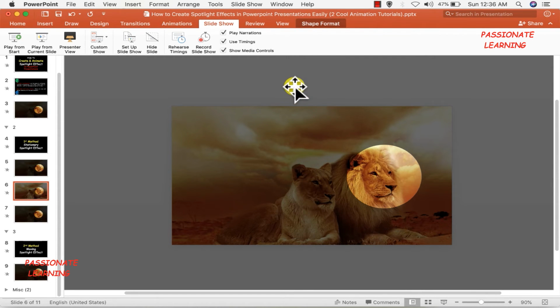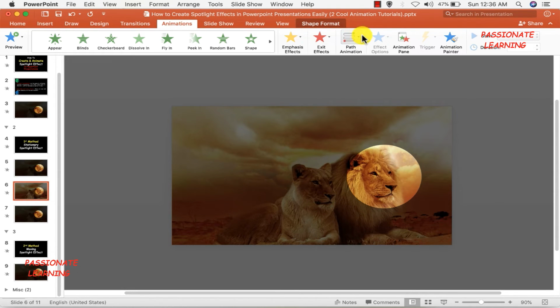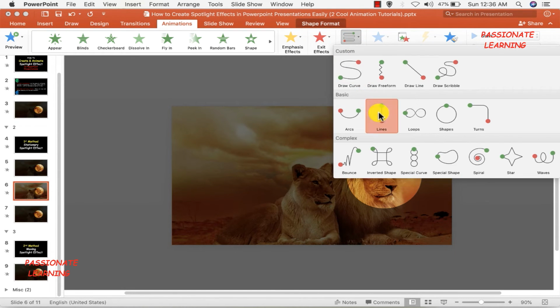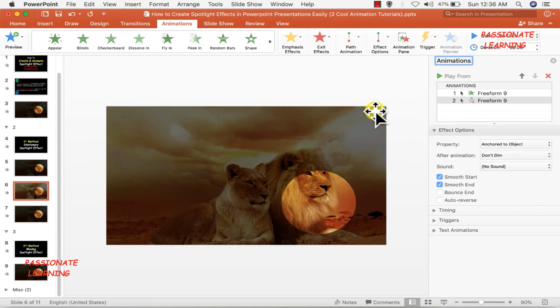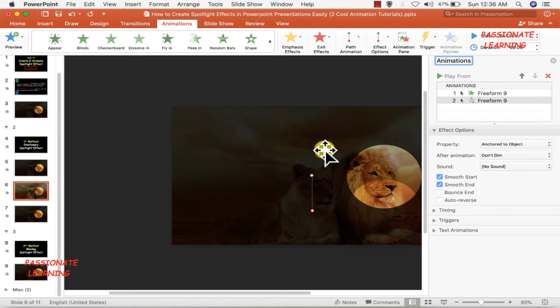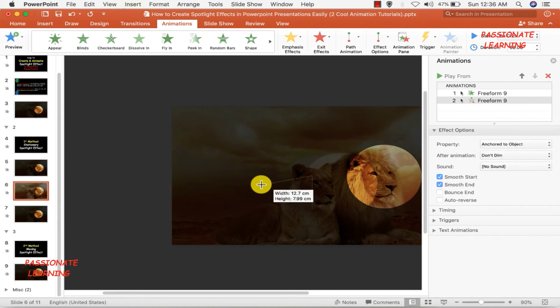So for that, let me select this rectangle, come over here to the animations pane and select a particular animation of a line animation. The default direction is from top to bottom, which I need to change. So I just select this particular point and bring this animation all the way here, like this.